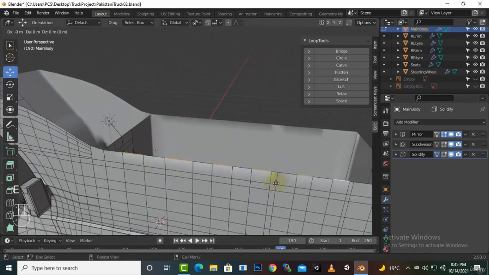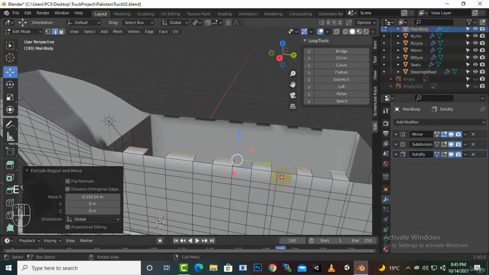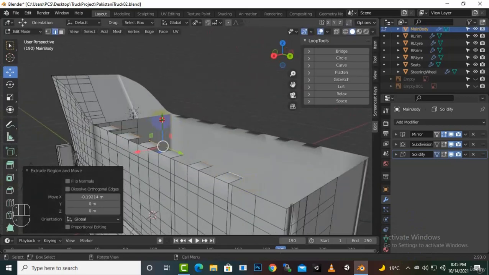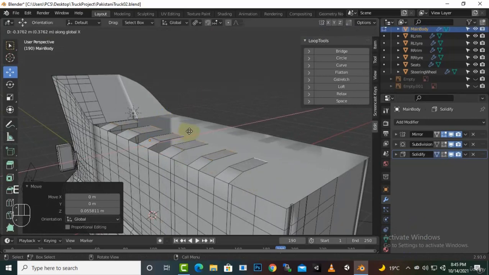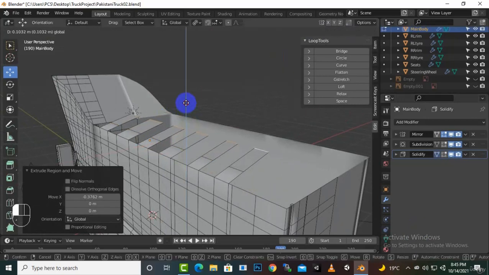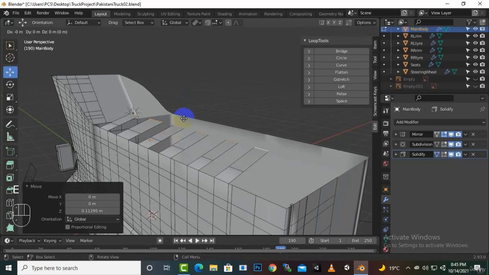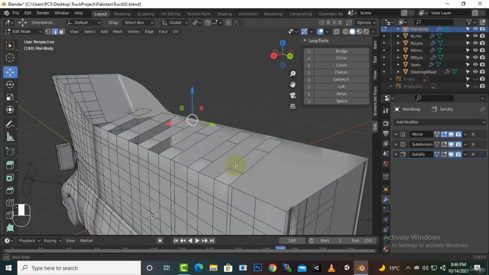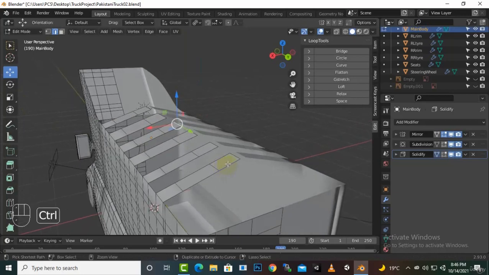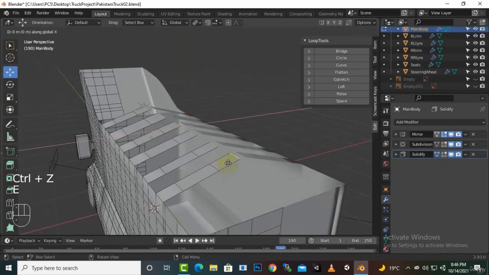So we can extrude it to the x-axis like this, and then we'll move these like this, EX, and then Z axis, then EX again, then Z axis again, and then